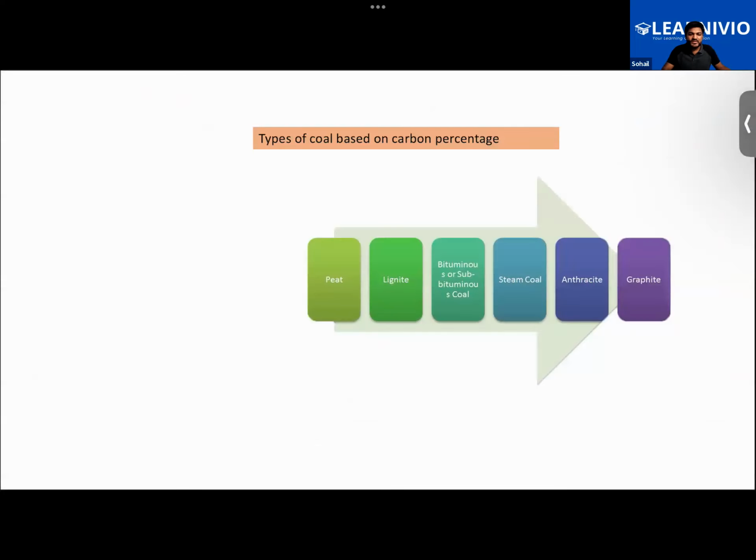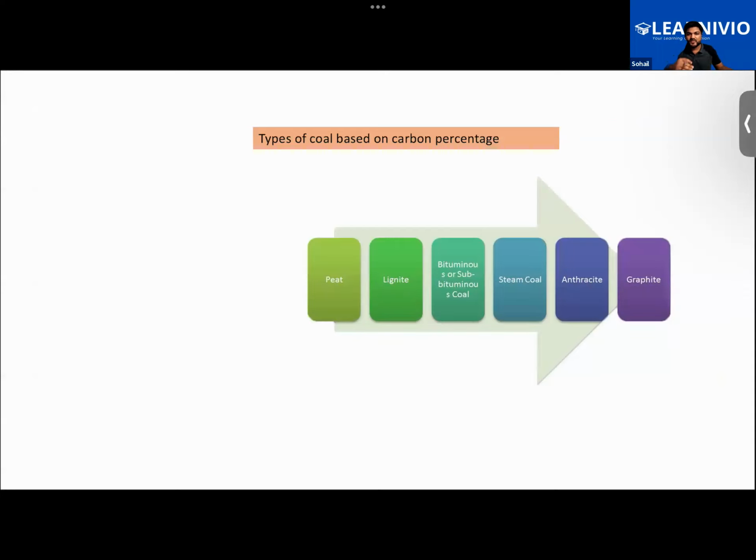Next, let us learn about the different types of coals we have based on the carbon percentage in them. These are the following examples of different types of coals as per the amount of carbon found in them. All right. So the first one you have is peat. Moments ago we were talking about peat, if you remember, it is found in the upper layers. If you look at this image over here,